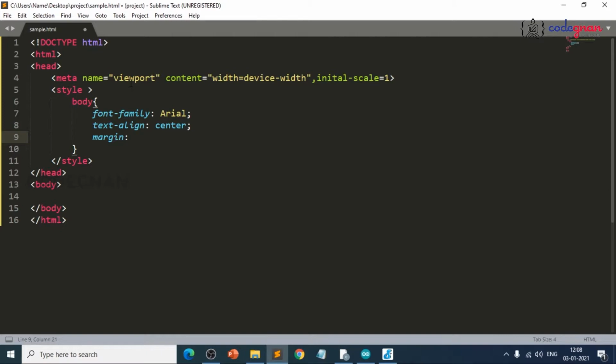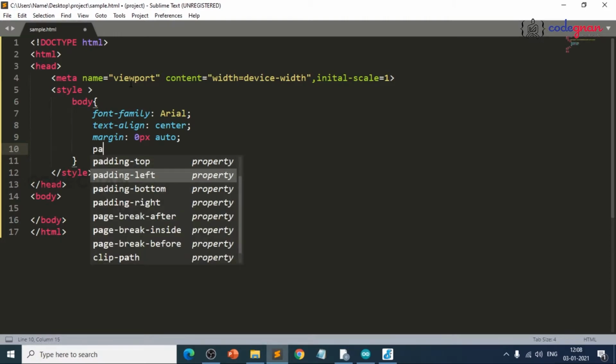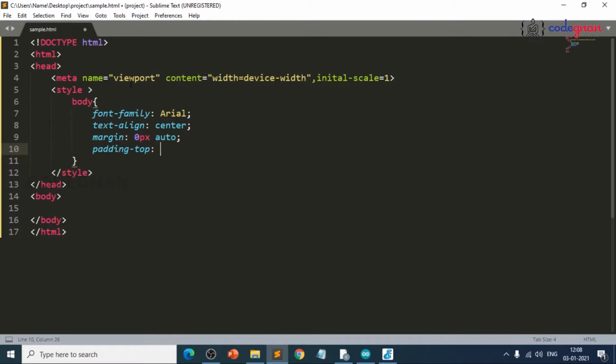Margin equals to 0 pixels and auto, and padding top equals to 30 pixel. So all these are predefined values for what we call user friendly websites or responsive websites here. So close the body tag here.